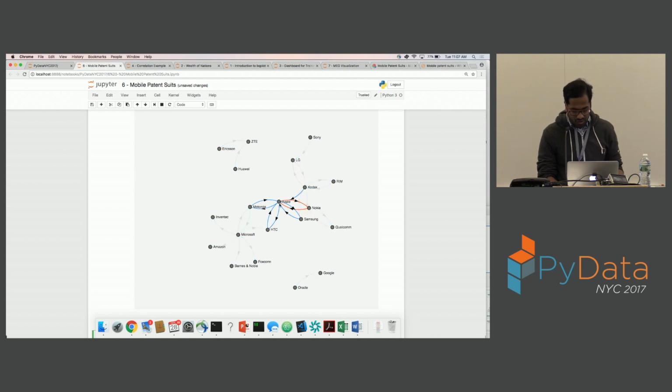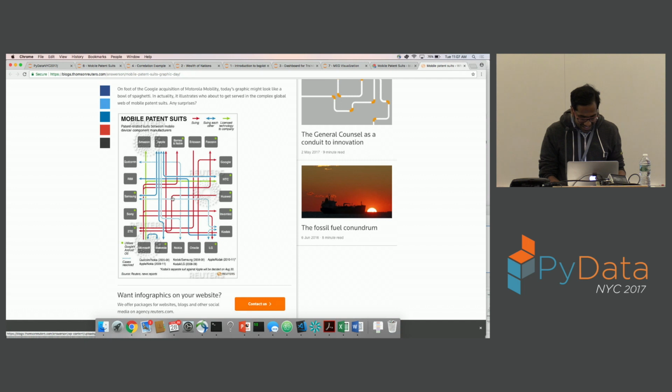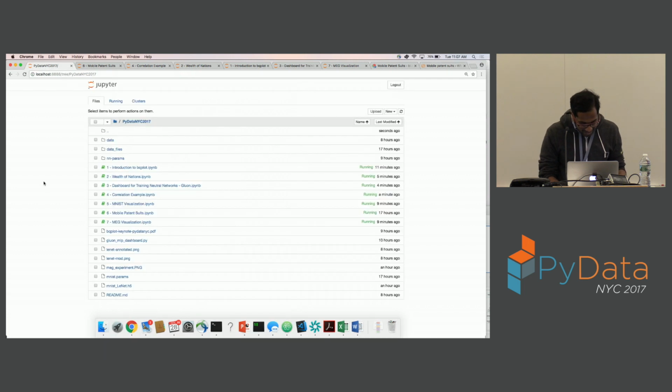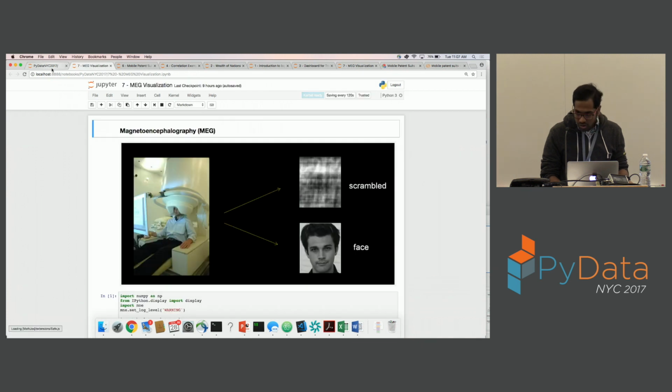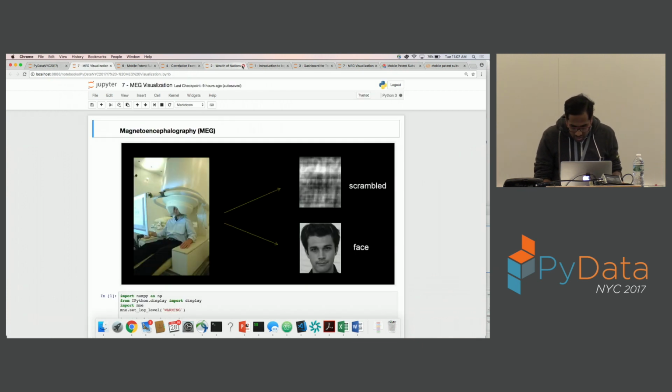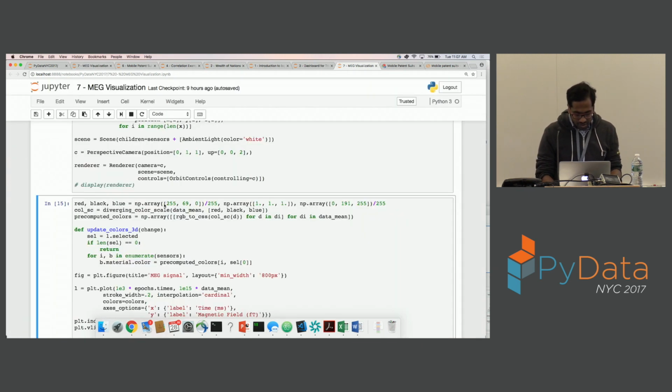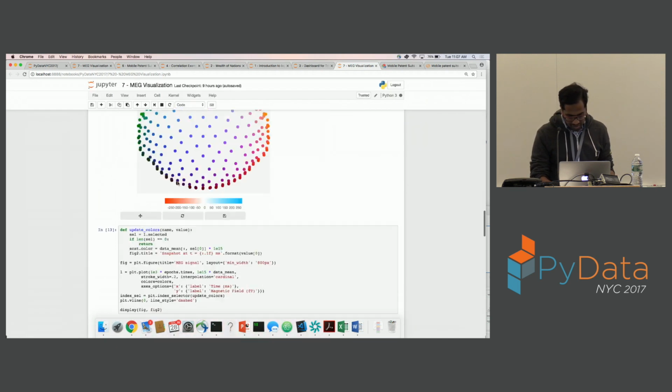So now if you hover on Apple, you see that only the links which are connected to Apple are highlighted, and then you can easily understand for each company what is going on rather than looking at this, which is slightly horrible. And so next, oh yeah, it's already open. Sorry. So next we have an example in